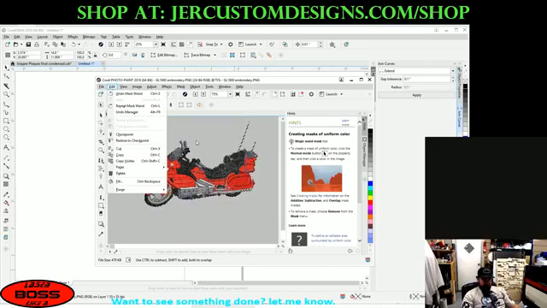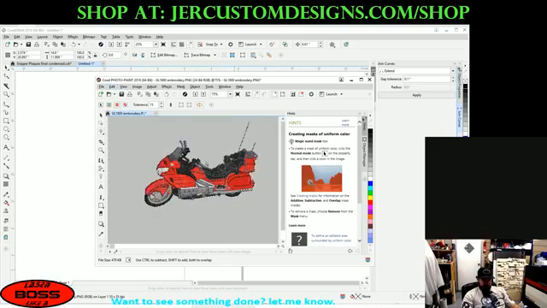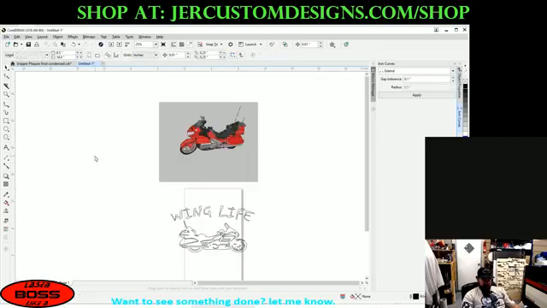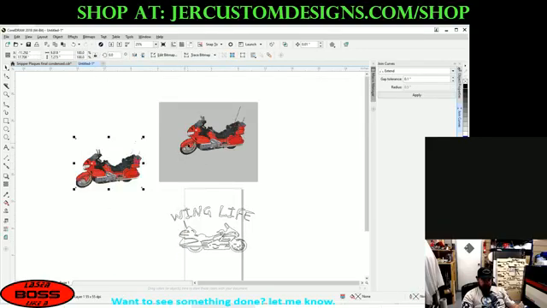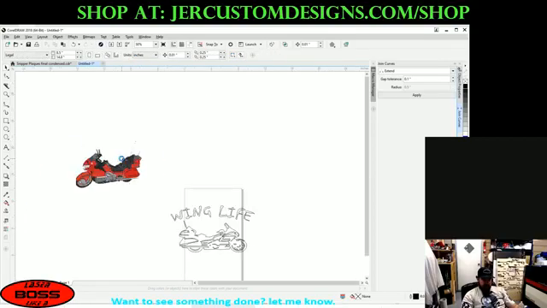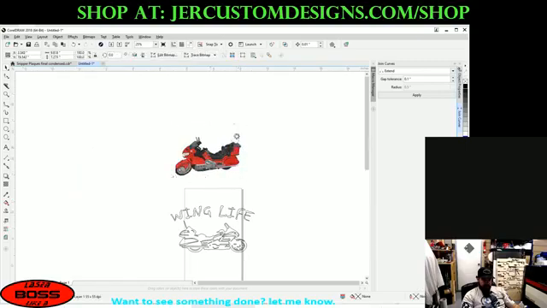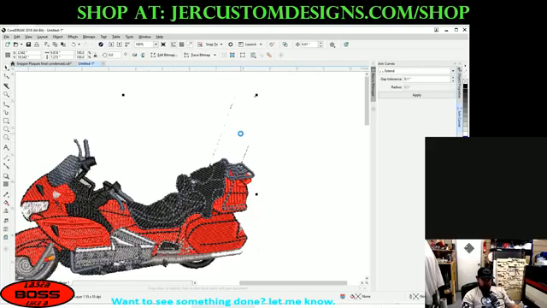So the other way to do it is just to go to the image, right click on the image, copy it, go back to Corel Draw and paste it. Now your image is going to be in Corel Draw and not have the